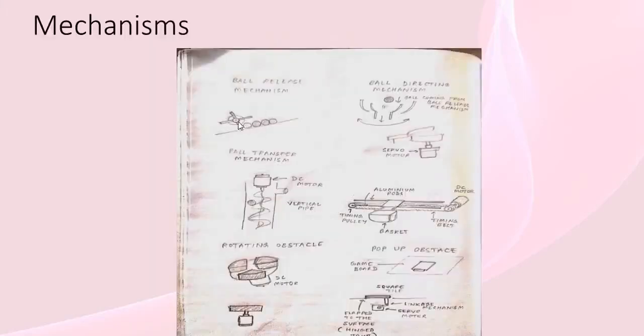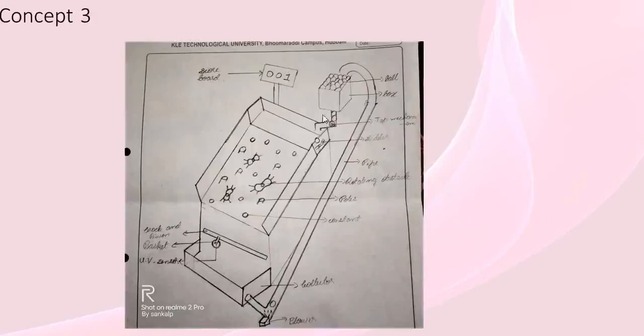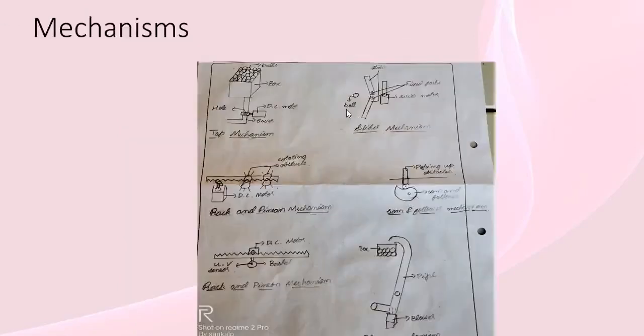To release one ball at a time, we make use of a DC motor. With the help of a servo motor, the ball can be directed as the servo arm rotates from 0 to 180 degrees, so the ball can be released at a varying angle. This is a slider mechanism where we make use of a DC motor along with a timing pulley and a timing belt. Here balls will be released, and we make use of a crank and pinion mechanism for the basket to slide, and a pipe along with a blower to transfer the balls from the ball collecting region to the ball releasing unit. And these are the mechanisms used.